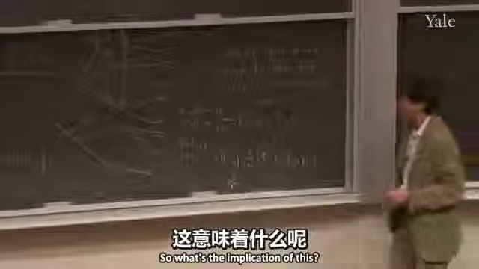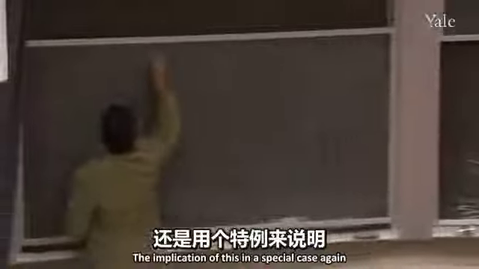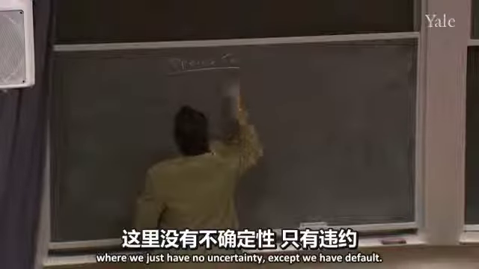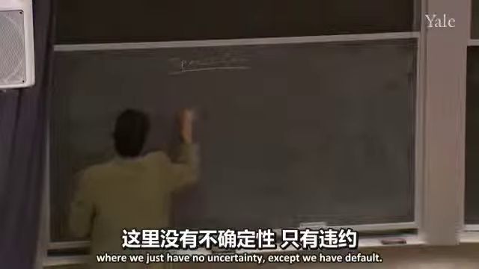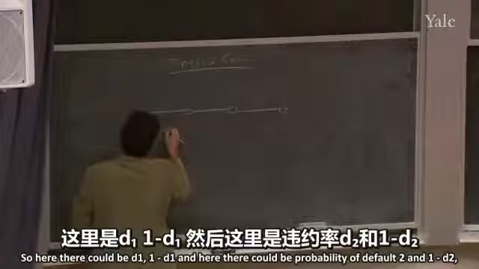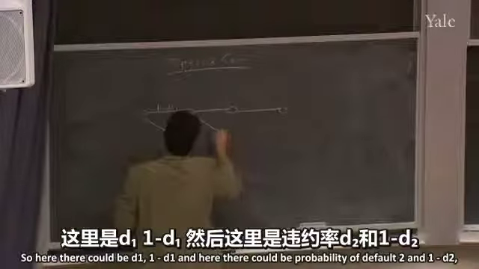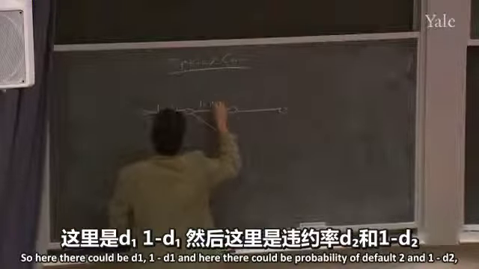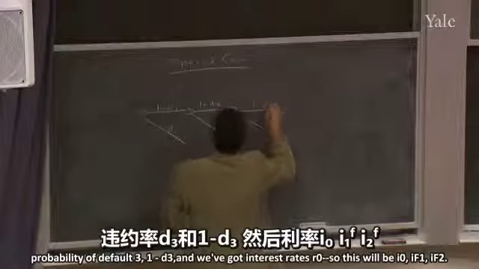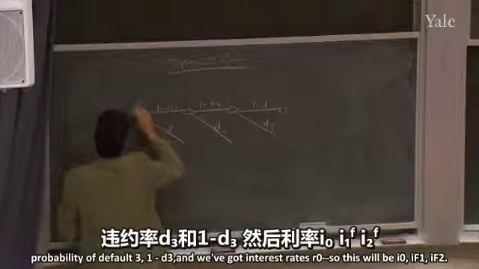So what's the implication of this? The implication, in a special case, again, where we have no uncertainty except default. Here there could be d1, 1 minus d1, and here there could be probability of default 2 and 1 minus d2, probability of default 3, 1 minus d3, and we've got interest rates R0, so this will be